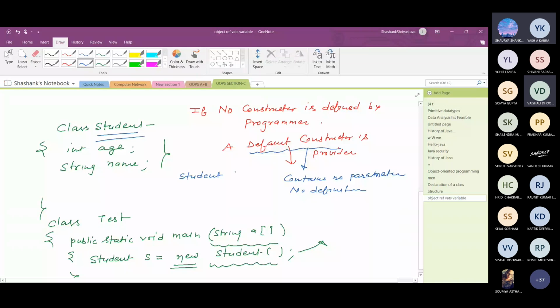Student will be a method like this only. This is the default constructor: no argument, no definition. This is provided by the Java Virtual Machine internally, and when this is called, a default constructor is called,